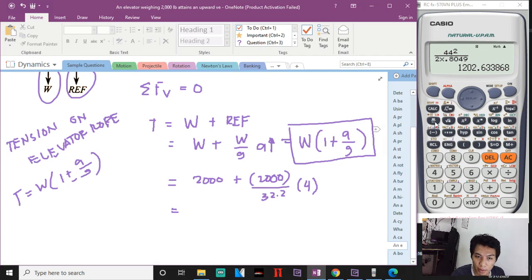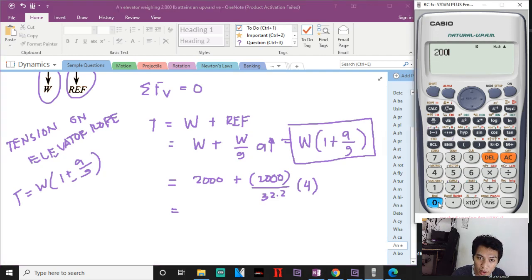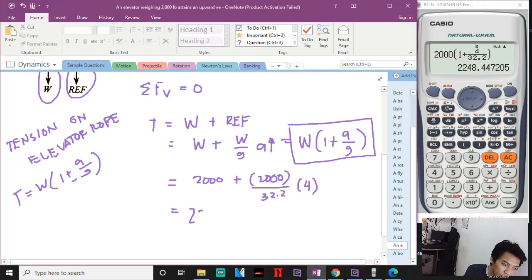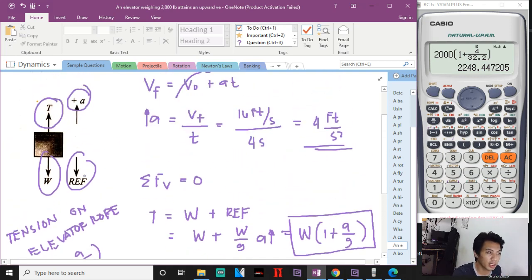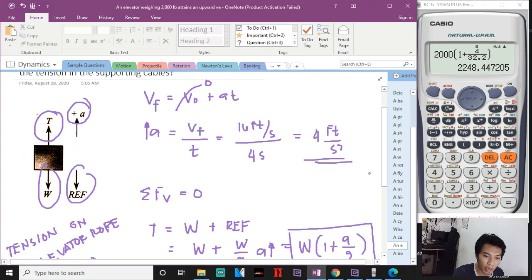So, let us simplify na. 2,000 times 1 plus A over G. A is 4 over 9.81. Hindi. 32.2. 32.2. Okay? That is equal to 2,248. 2,248.45 pounds. Yan yung tension na meron dun sa rope. Nung hinahatak mo siya pataas. Eh, ganun lang kadali yun. You have to draw it. And for the last part,